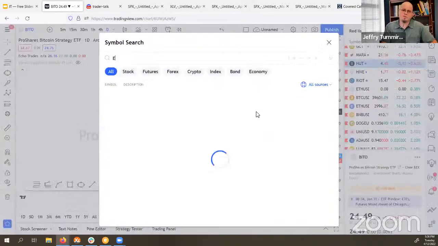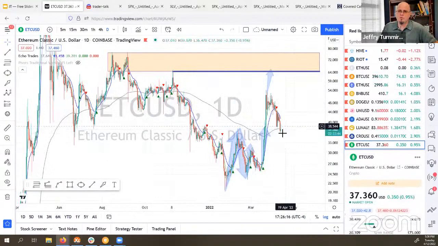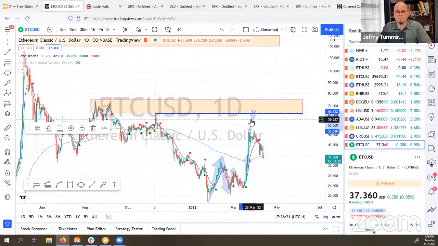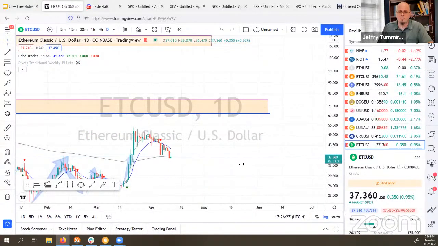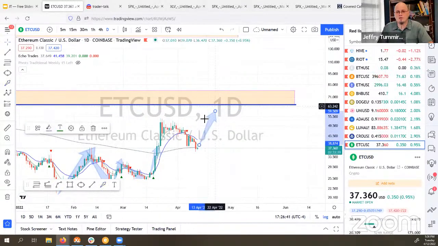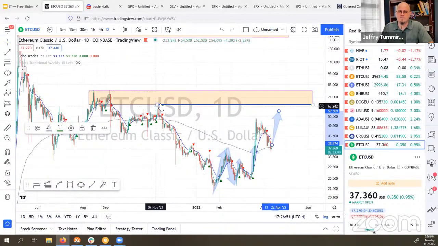Now, I do see a request for ETC, Ethereum Classic. This one, finding support at the 144 EMA daily. Exactly where I thought it would retrace to on my other trading view that I have these charted on. Came right down to it. Finding support right there around the $37, $38 area. The next move I expect from here is the next extension out, probably finding resistance up here at the prior high around 63, 64 from this prior high back here last November.